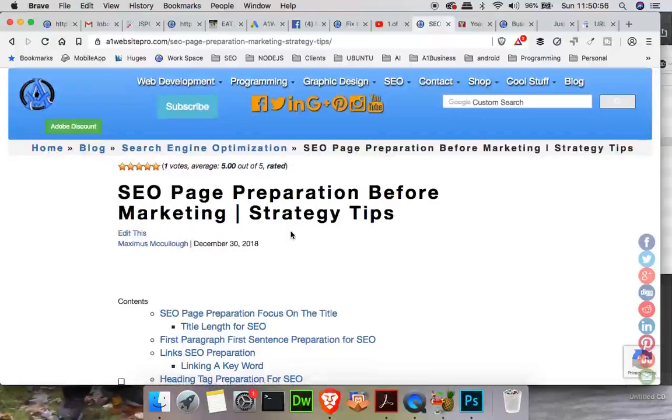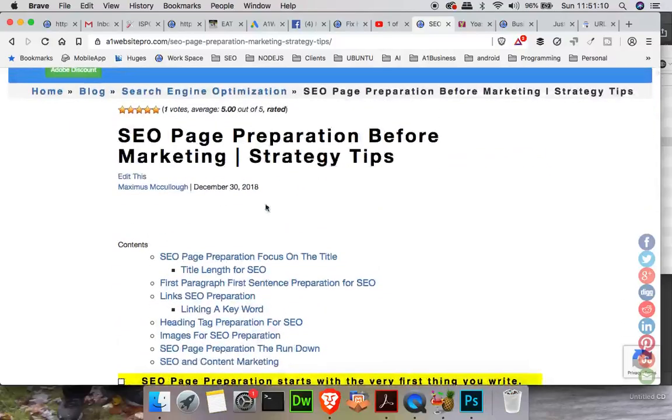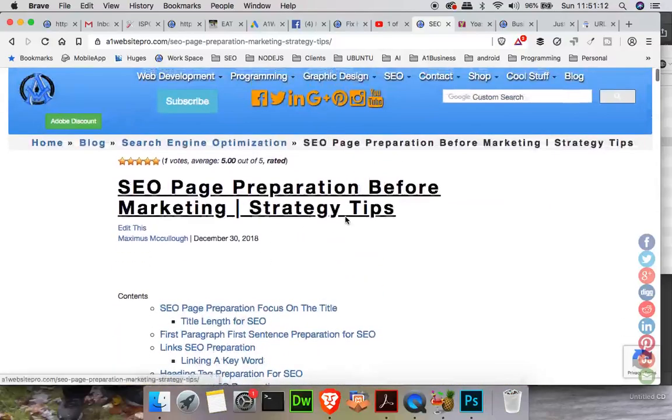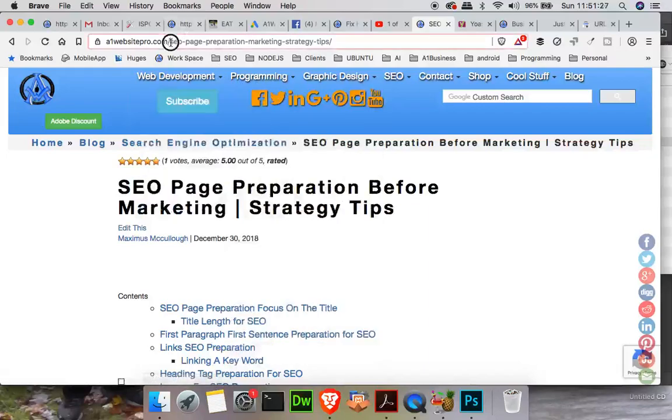Before you market, you want to optimize your page, the specific page that you're going to be marketing. In SEO, we call this content marketing. So for example, I prepared a post that we're going to go over here, and you're going to see the structure of the page and the different elements or ingredients that you need to have on your page for search engine optimization. So if we look at the link up here, notice this SEO page preparation marketing strategy